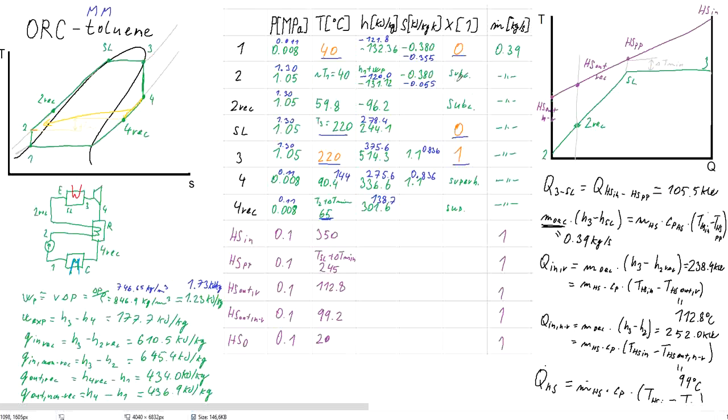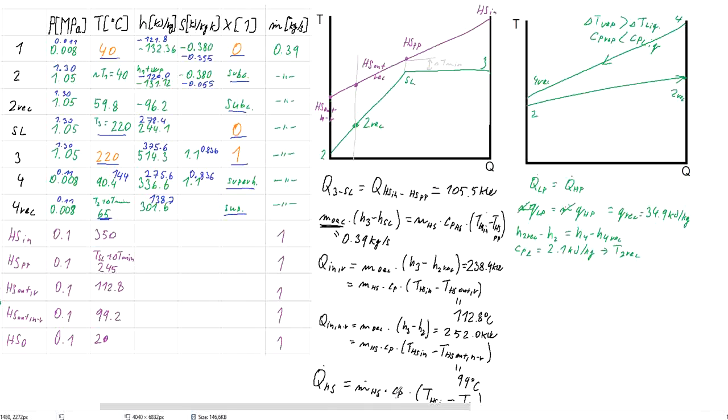So we have confirmed that the point 2 will always be in subcooled liquid. Point 2 recuperated also. Point 4, we have seen that the expansion goes into superheated vapor, and point 4 is still, due to the temperature difference, at superheated vapor. And now what we are missing is the point 2 recuperated. So for the recuperated heat, the